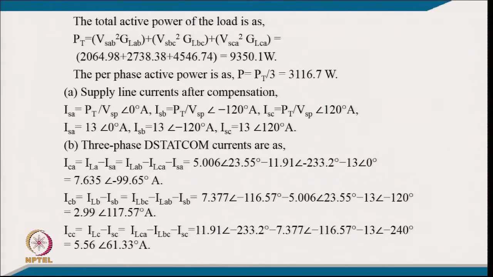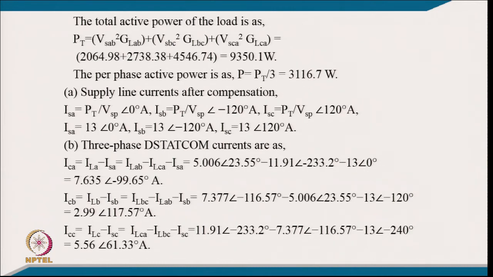Well, once we know all the conductances, we can find out the total active power consumed by the load, that is PT equals VL square GAB, because all conductances are in parallel. So, we can take only active power. Similarly, for B phase, C phase, and if we calculate all and sum it, it comes typically 9.35 kilowatt, and per phase active power will be one third of it. So, it will be